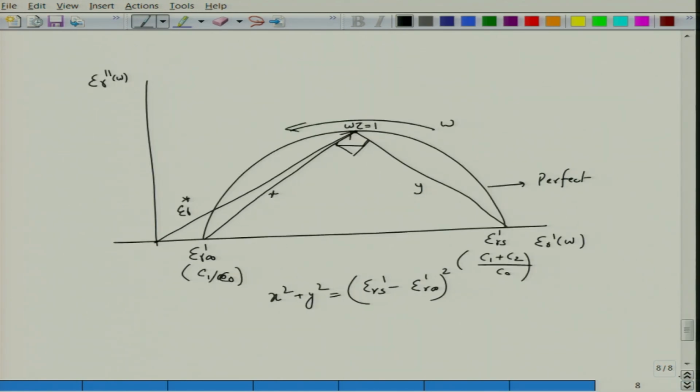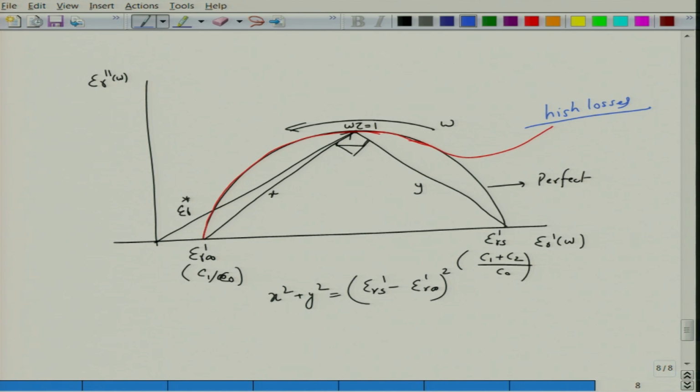So, what you should obtain for a perfect dielectric is a semicircle, but for a real dielectric often you see upturns like these. When you see these upturns, basically you have high losses in the material. The material is lossy, it has defects and other things which give rise to these kinds of losses, and this is something that is a problem.